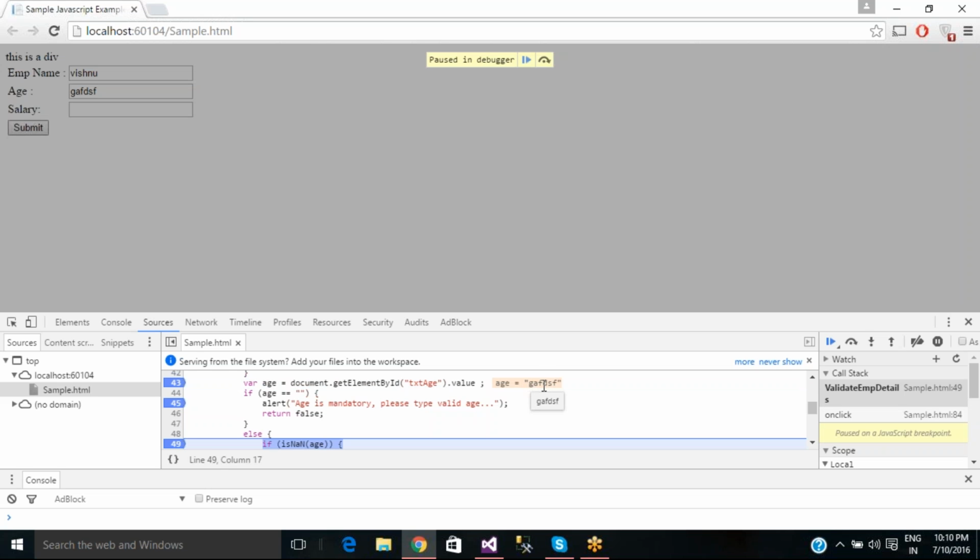The age it is saying, see what is the age? Whatever it was entered in this text box, it came to this else block. So if you want to test whether this is the correct line of code or not,